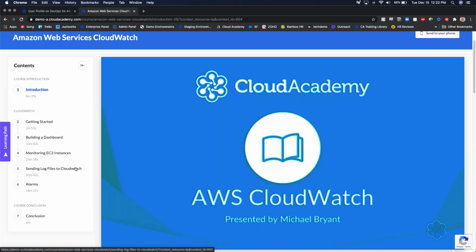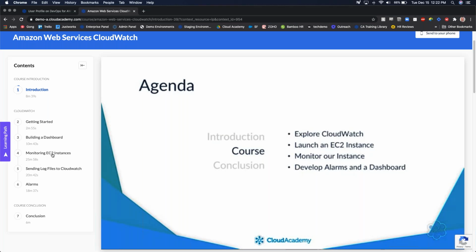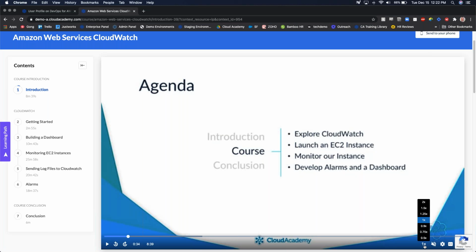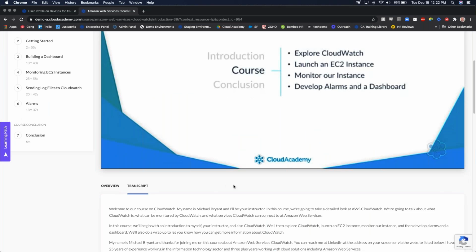But more importantly, this is going to have a phenomenal impact on the ability to search our library. So you can search for these micro-learning courses, as we call them. So if you're looking at monitoring EC2 instances, you can search just that, and this course will pop up. We can also speed up or slow down and access the transcript if need be.